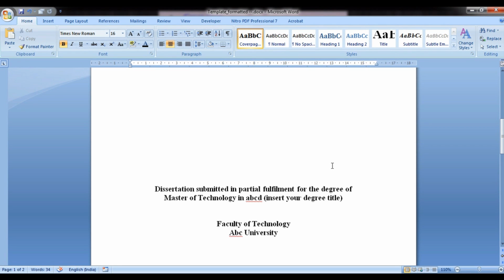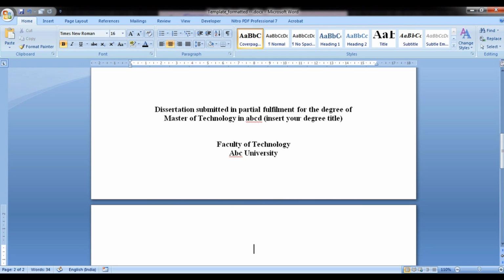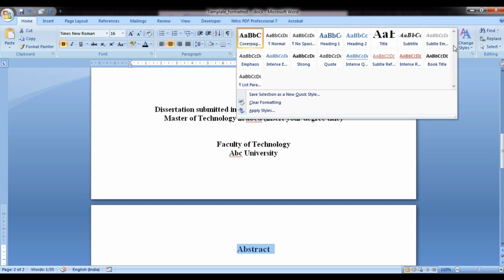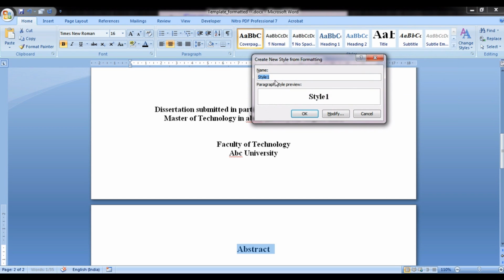Now after we are done with the cover page, let's move forward. As you know, as per our report structure, the very first thing should be an abstract. So as we had discussed, let us provide a new heading label to abstract. For that we also need to create a new style. So first of all, let us write abstract over here, then we would select it, then again go over here, save selection as a new quick style. We would enter the name that was